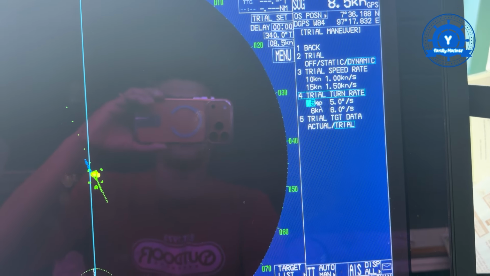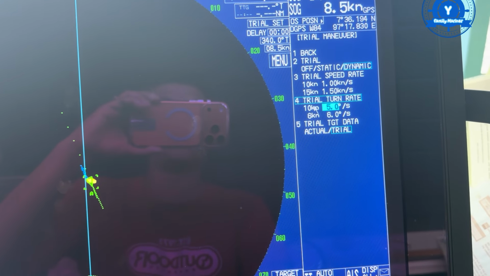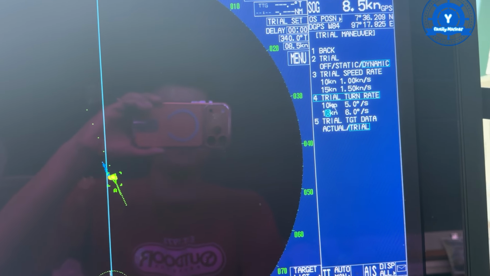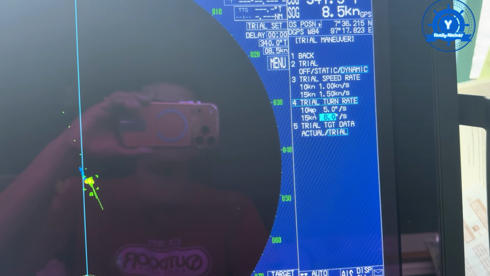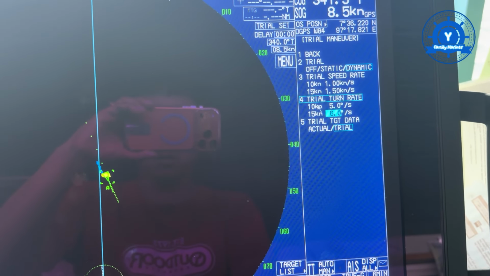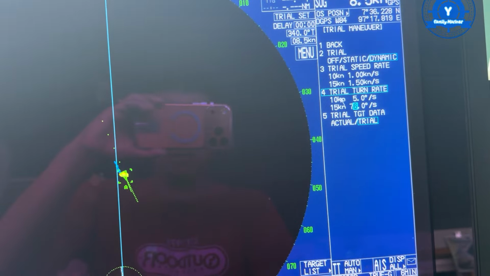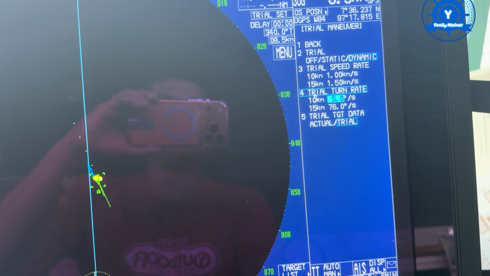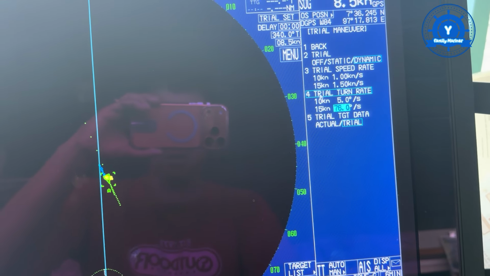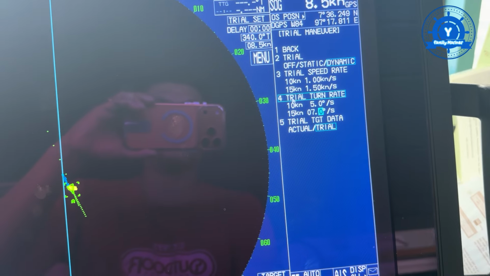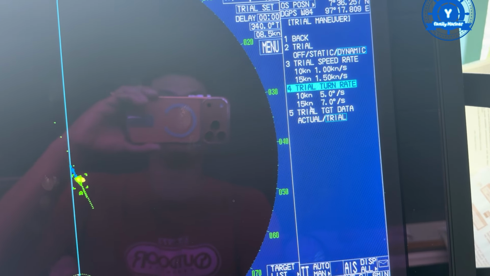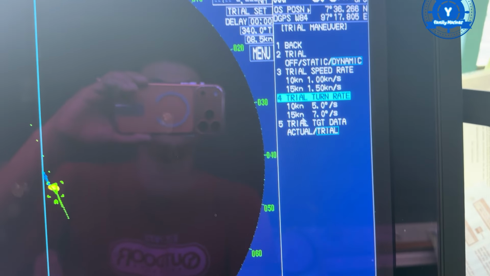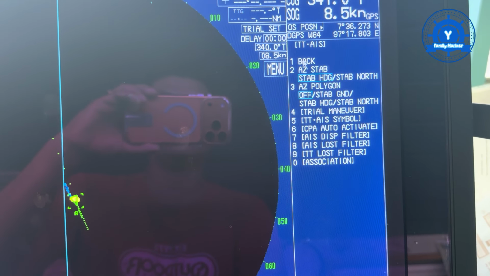Also this down rate, for example 10 knot, 5 degree per second, and then 50 knot, around 0.7 degree per second. So now this ball is already chosen, and then for the triangle target data I choose triangle, and then okay, back,